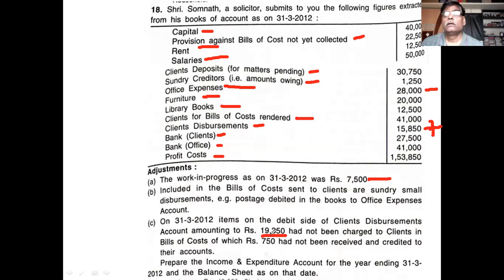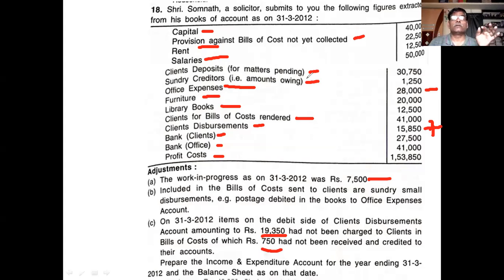Second adjustment, the difference you have to take. Already I told, the difference between this disbursement account and this is 3,500. That 3,500 increase is there. That increase, deduct in the expense, add in the disbursement. Okay. If there is a decrease, the decrease is added in the expense, deducted in the disbursement. Remember this point. Okay, and 750 we have received, credited. This 750 is to be deducted in the deposit and deducted in the disbursement in the balance sheet.